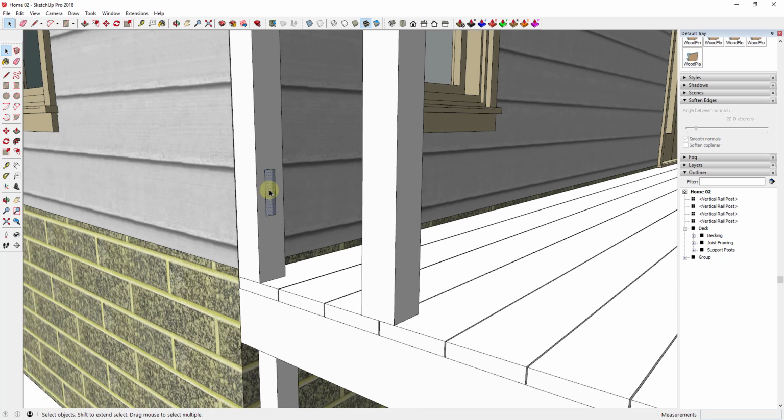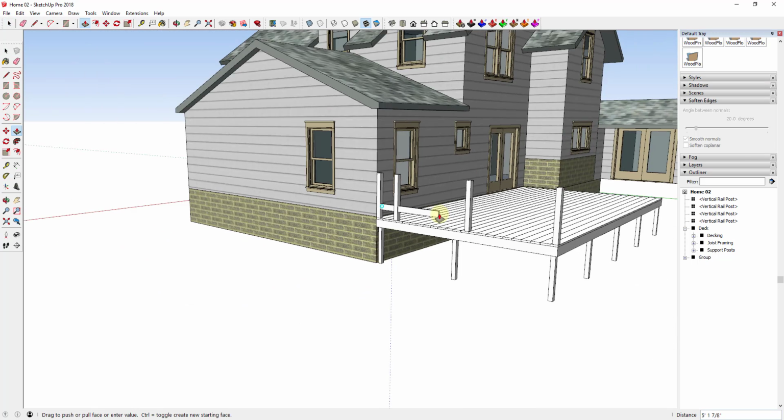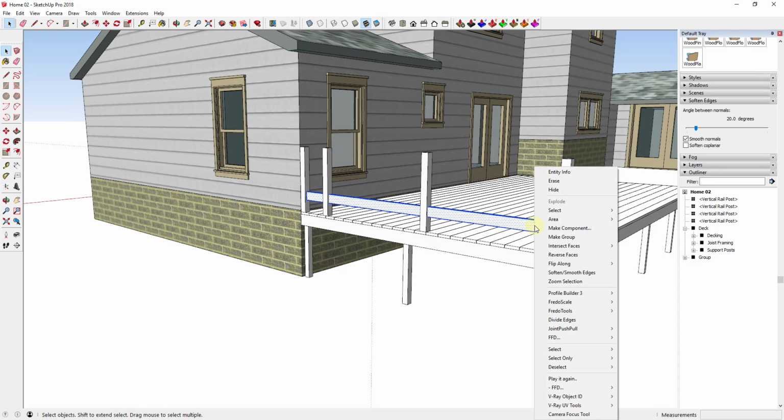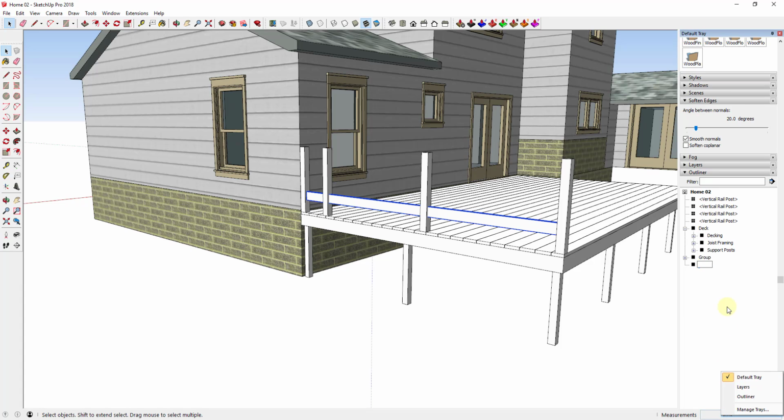And that's just me drawing the size of the 2x6. And then there's two ways you could do this as well. You could either push-pull this individually for each one of these, or you could push-pull this all the way to the end. For the sake of speed, I'm just going to push-pull this all the way to the end, then I'm just going to triple-click on it, and I'm going to make a group. And we'll just call that something like bottom support